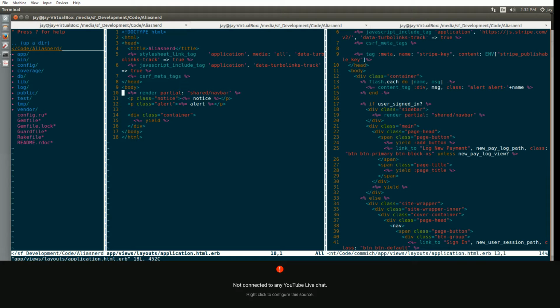So in here, I'm going to get rid of this. This is what Devise says to put out there, this notice and alert. But I'm just going to delete that. And in here,